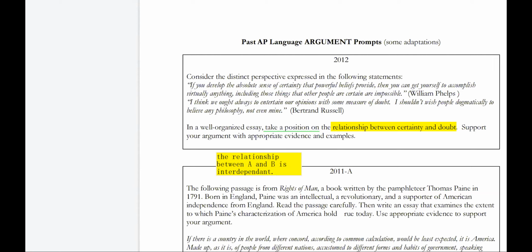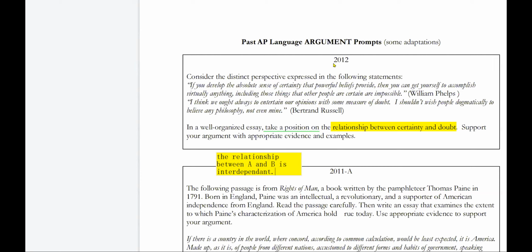I think now it's true, false. Why is that? Because now you're trying to prove why it's independent. Like, right? It is independent or no, it's not independent. So this prompt, that year, quite a few students somehow ended up writing why certainty